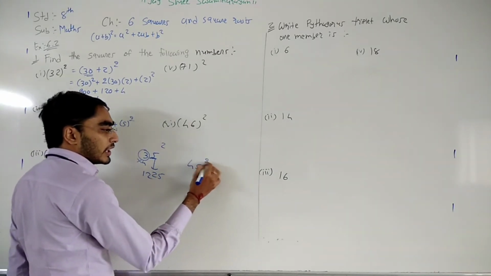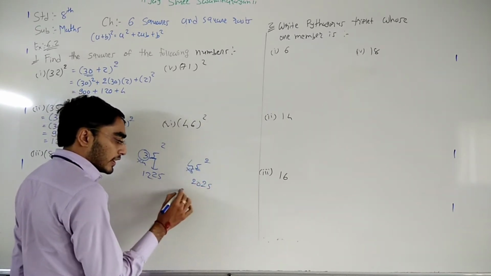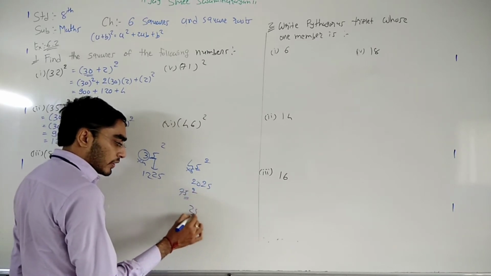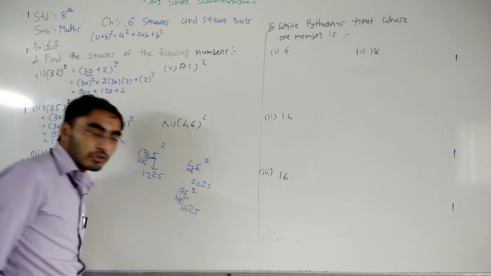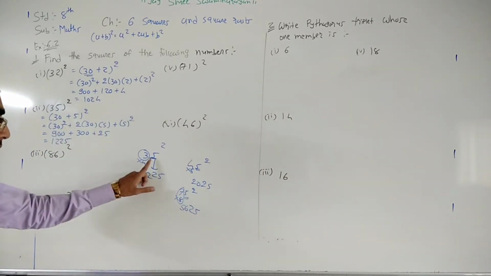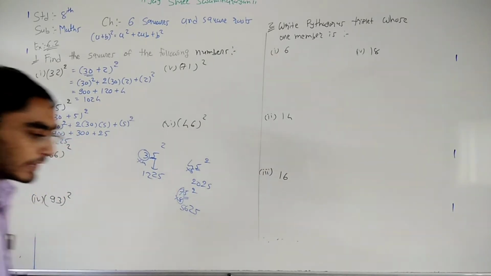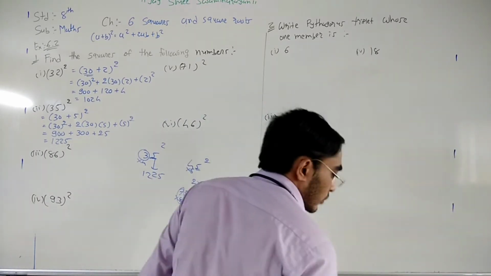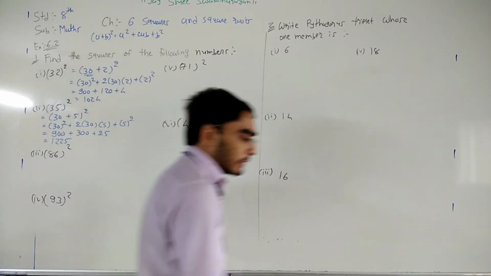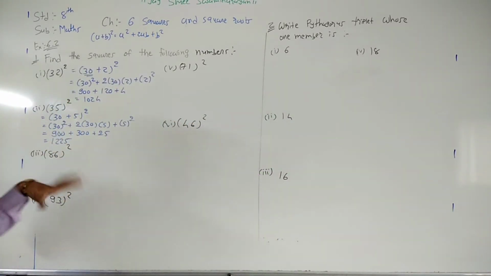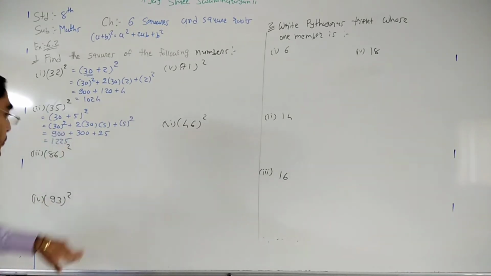Same way we can find the square of 45. 5 square is 25, next number: 5 4s are 20. If you want to find 75 square, here 5 square is 25, 7 multiply 8, 8 7s are 56, so 5625. This rule is only applicable when our unit digit is 5. That means if the unit digit is 5, we can directly find the answer. Rarely we use this method; otherwise we use the direct method, that means multiplication. We do not go with the identities, but we have this way too.